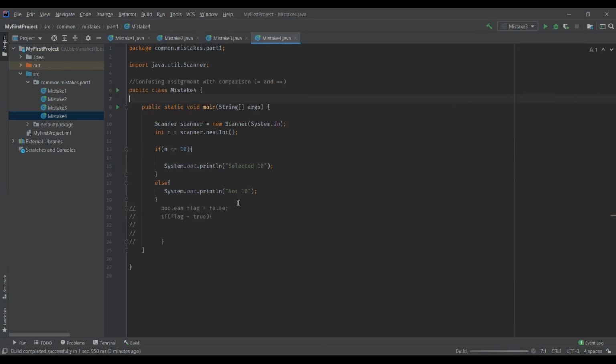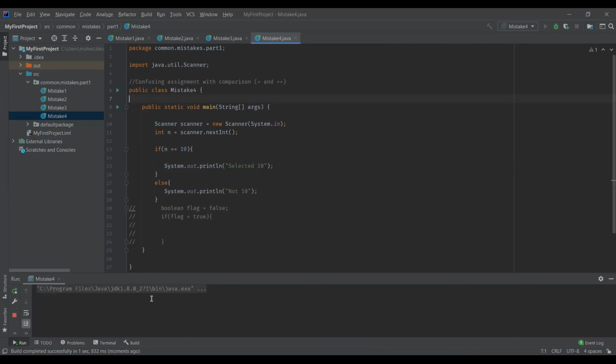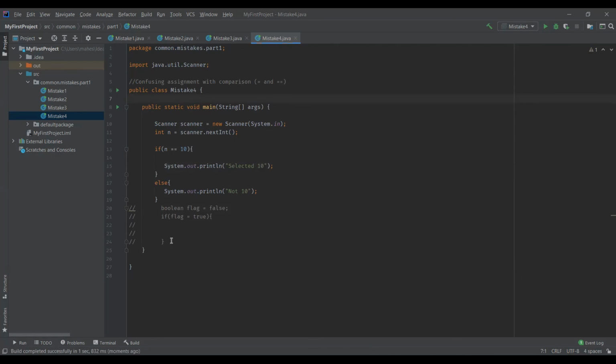So let me execute this and show you. If I provide the input as 10, it displays the output as "selected 10". Fine, right? Now let me show you something else.